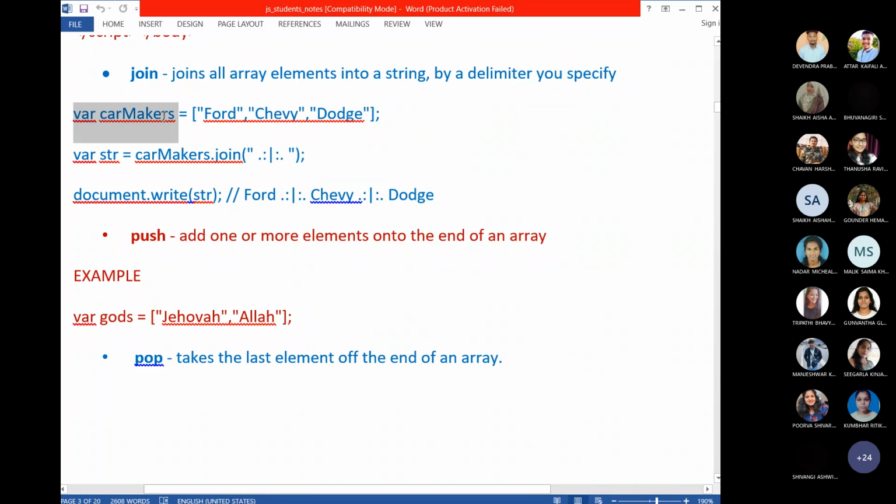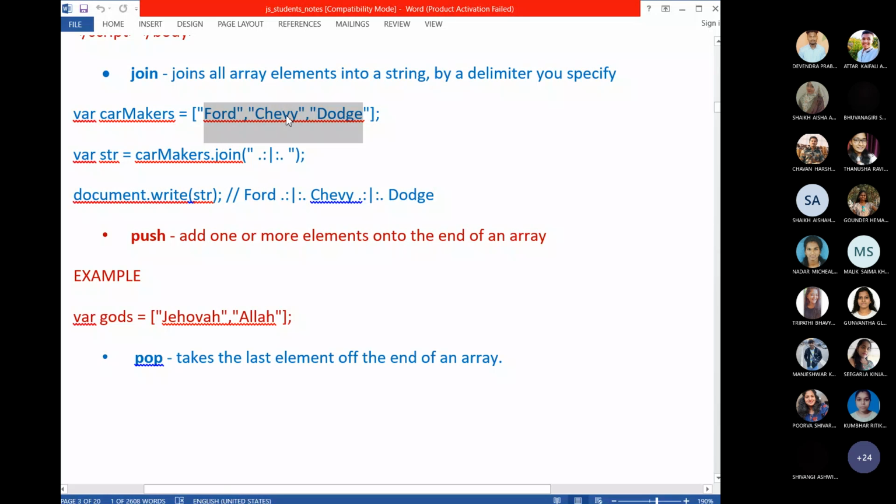I have created an array, the name of car makers. Now car makers is my object. I have created car makers as an array object. How am I saying car makers is an array object? Because look at the value which I assigned. These values are array values, array elements.